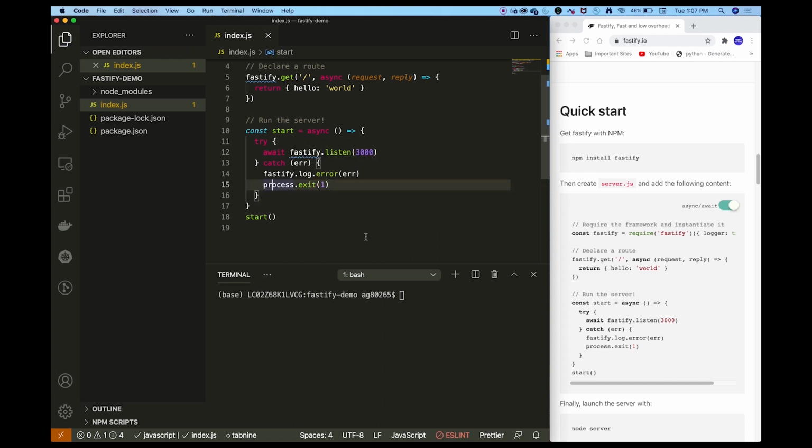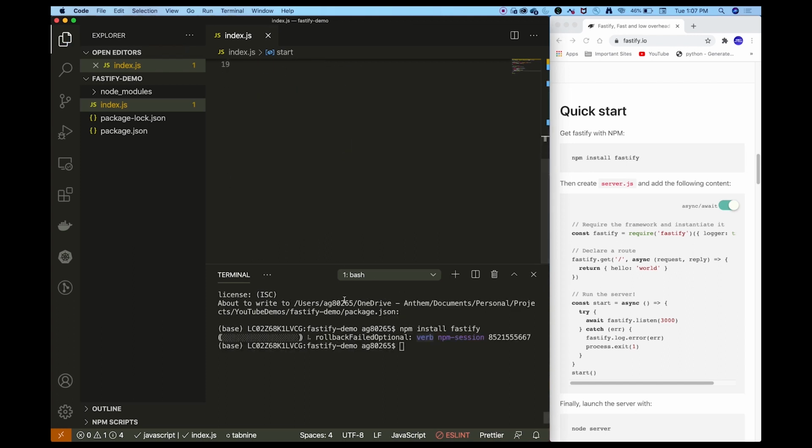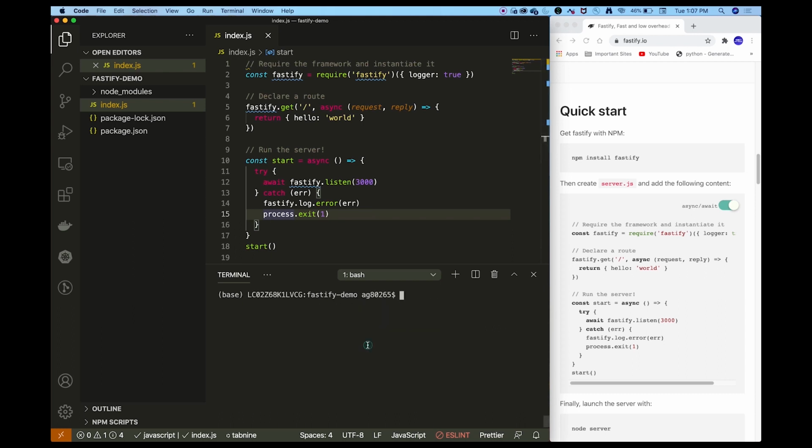If we save this file, let us start the server. To start the server, we use the command node and then the file name of our server, index.js. After running this file, you can see that our server is running at 127.0.0.1 and port 3000.